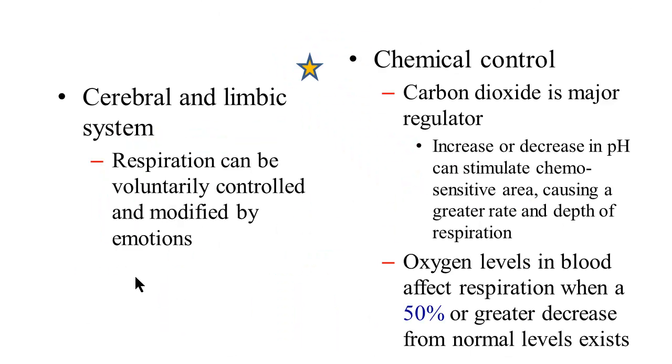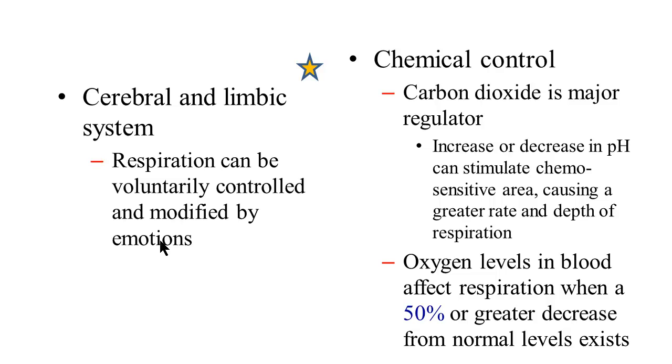That will determine how fast and how deep breathing occurs, because the carbon dioxide is a good indicator of respiratory function, and if we're not blowing off enough carbon dioxide, that can quickly change the pH of our blood, and that would disrupt homeostasis. Our thinking, our emotions can also affect breathing. If someone hears some really good news or really bad news, that can cause them to start to breathe deeply. Some people even hyperventilate when they're so upset with either good or bad news,